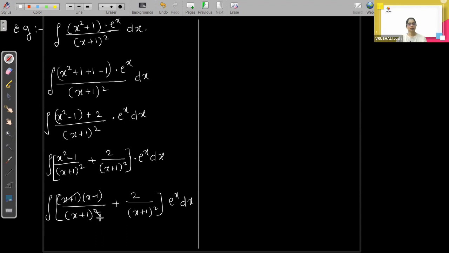This and this will cut. What are we left with? We are left with integration of (x minus 1) by (x plus 1) plus 2 by (x plus 1) the whole square, into e to the power x. Okay. Now